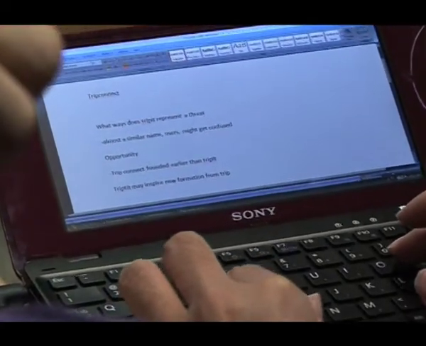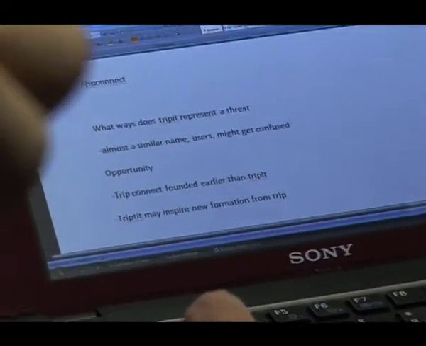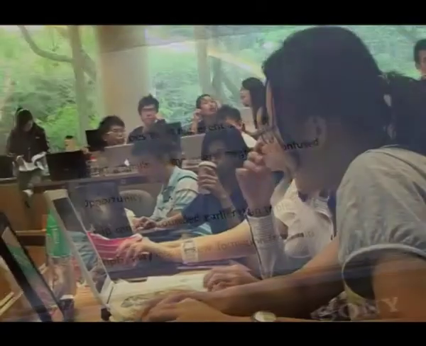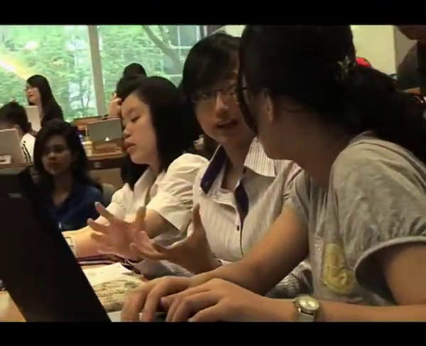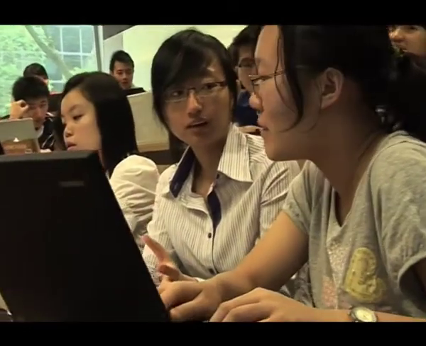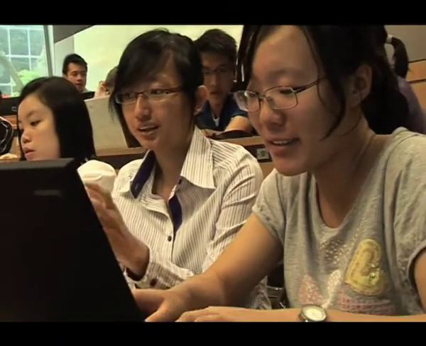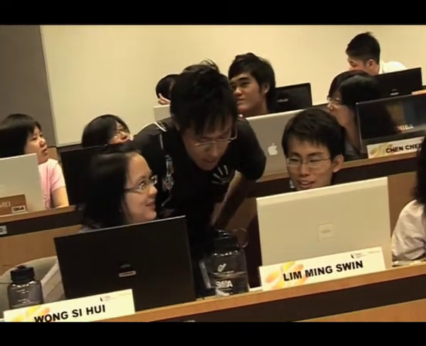So it's not technology for its own sake. It's technology for the sake of getting out of the way and enabling people to interact with each other in ways that are powerful from a learning point of view. So when we do innovative things with technology at SMU, we always ask ourselves, why? What are you trying to do with this technology in the classroom? And how is it going to enable you to create a learning experience that is in some way more powerful, more distinctive, more memorable, deeper than you could do otherwise?